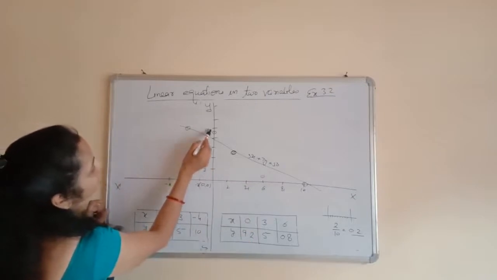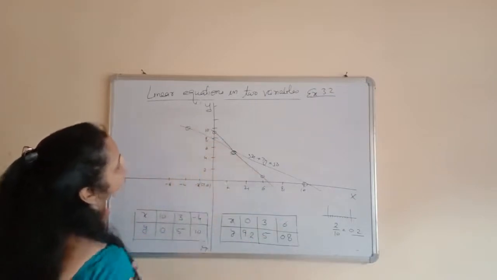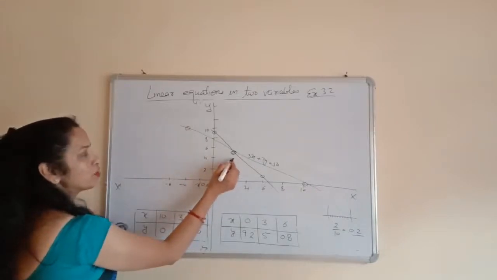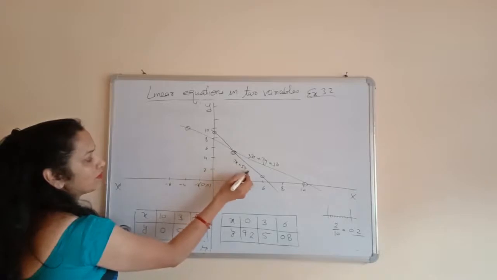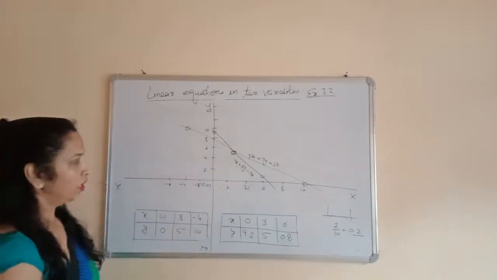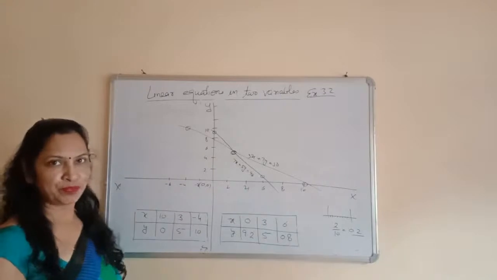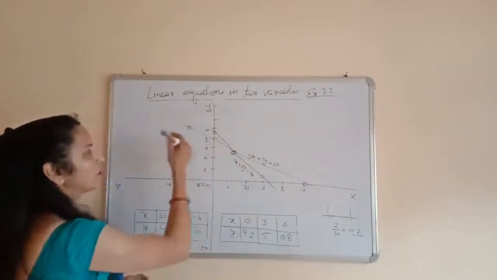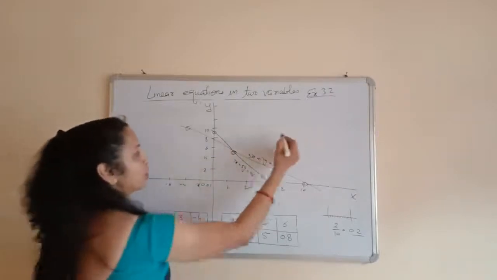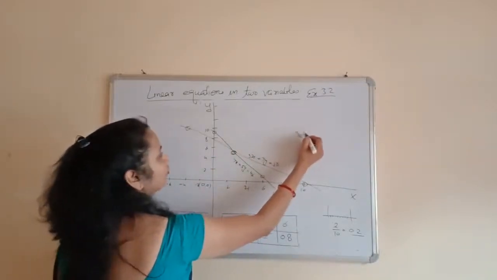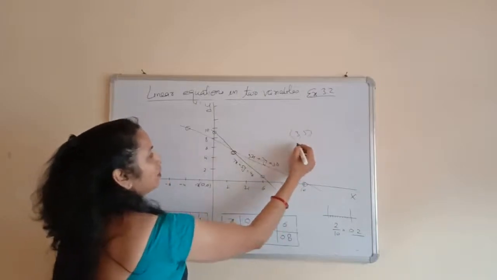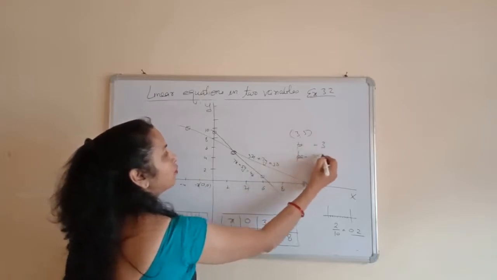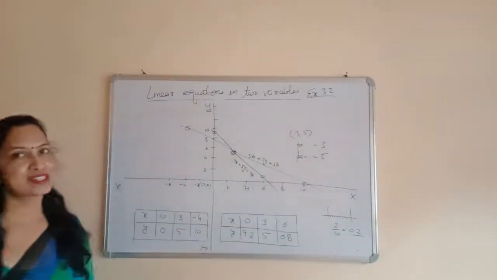So join these points using your scale. I don't have a scale, so I have to draw like this. Again, write down the equation with the graph: plus 5 is equal to 40. This is the other equation. Now again, as I explained, where these two graphs meet is the solution of the equation. These two graphs meet at this point, so the solution is 3 and 5. It means the cost of one pencil is 3 and the cost of one pen is 5. So this is the question.